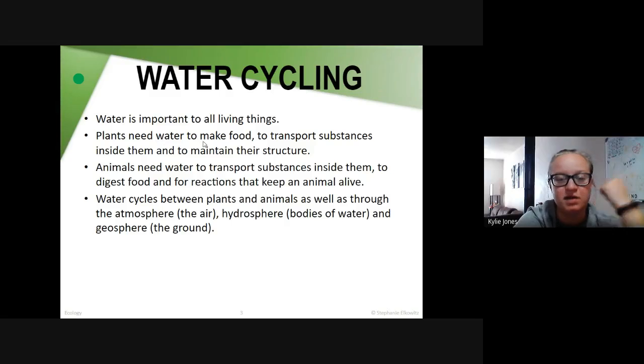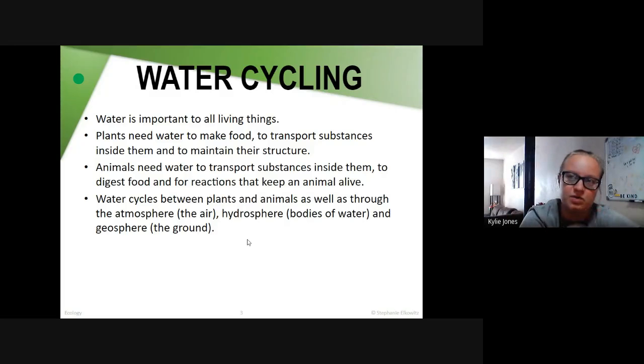Plants need water to make the food, to support the substances that are inside them, and to maintain their structure. Animals need water to transport substances inside of them, to digest their food, and for reactions that keep an animal alive. And then finally, water cycles, so it moves between plants and animals, as well as through the atmosphere, the hydrosphere, and the geosphere. Those three things, the air, the bodies of water, and the ground, are the water